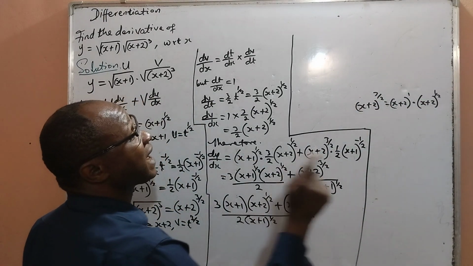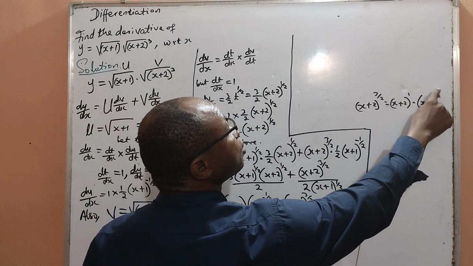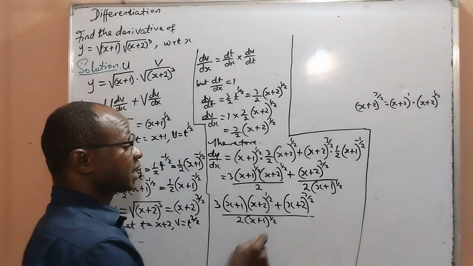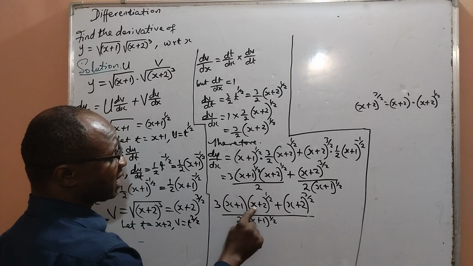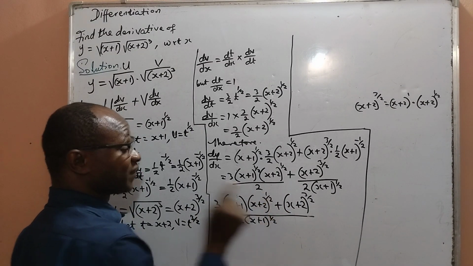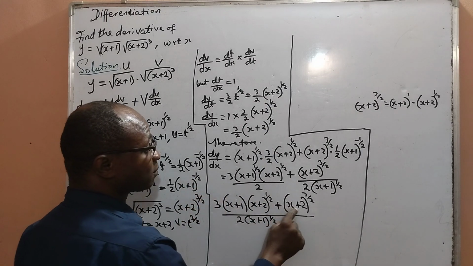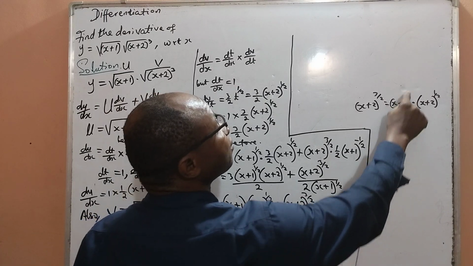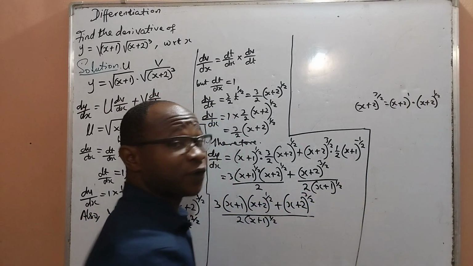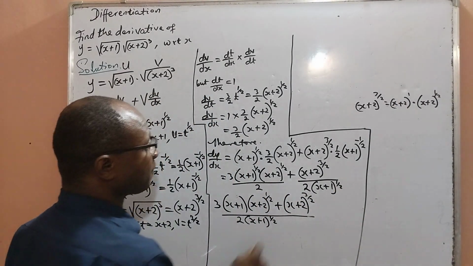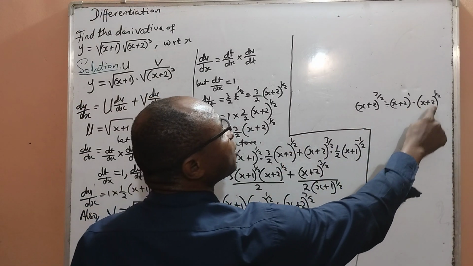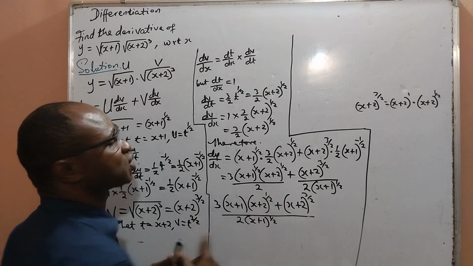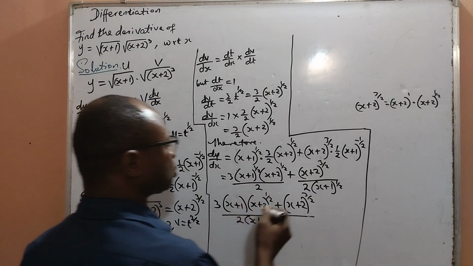Meaning that I can factor out (x+2)^(1/2) from this 3/2, since I have here (x+2)^(1/2), and also here (x+2)^(3/2). In this 3/2, I have the power 1 times the power 1/2 of the same base. Therefore, now that I know that (x+2)^(1/2) is common to both expressions, I will now factor it out to have